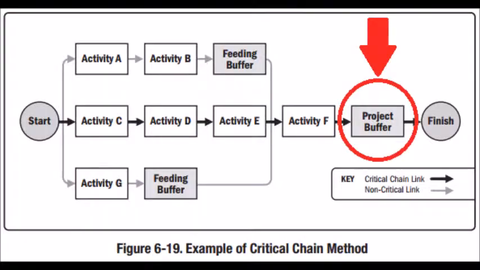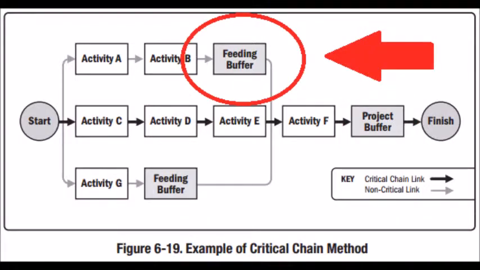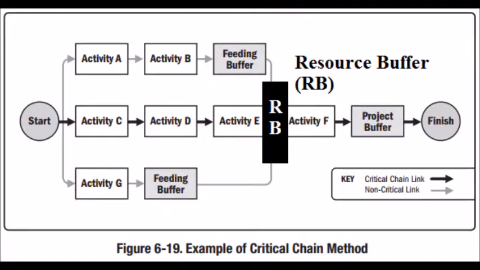The first one is project buffer. This is placed at the end of the project. The project buffer provides contingency for the critical chain activities. The second one is feeding buffer. This is placed at the end of a non-critical chain in order to match the duration of critical chain. The third one is resource buffer. This is placed on the critical chain to allow room for the designated resources to work on the critical chain